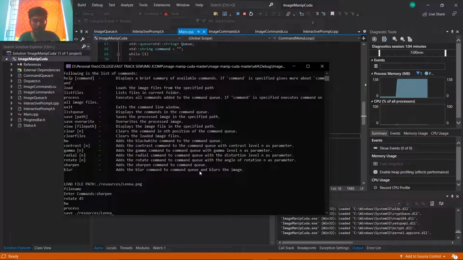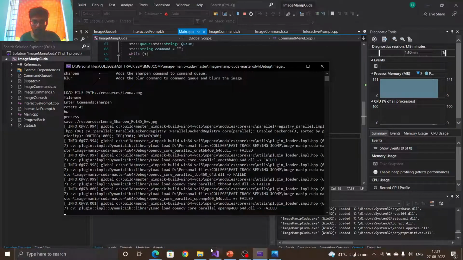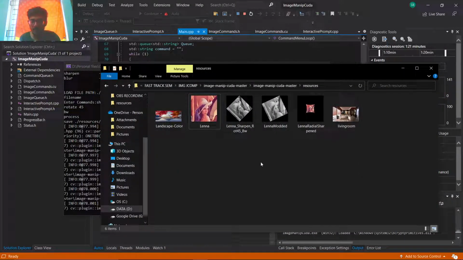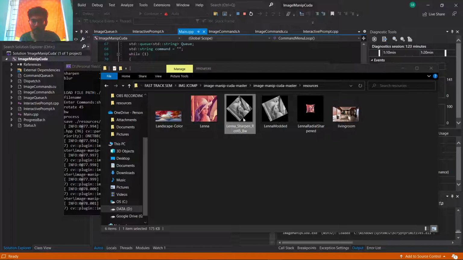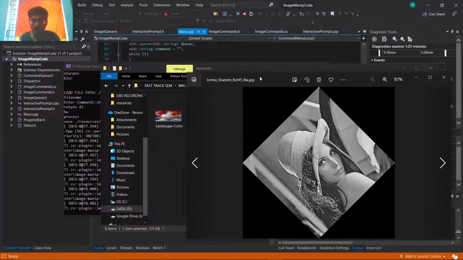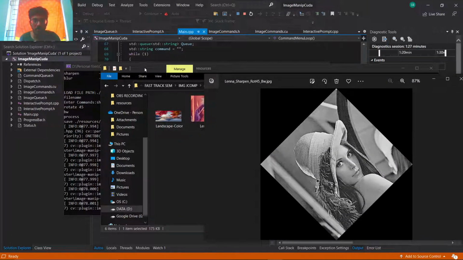Say that I want to name the image file as Lena Sharpen, then rot 45, and then finally black and white dot. So we can save it as JPEG as well. We can save it as PNG as well. Now we go back. This is the Lena Sharpen Rot 45 black and white, the one which we have just